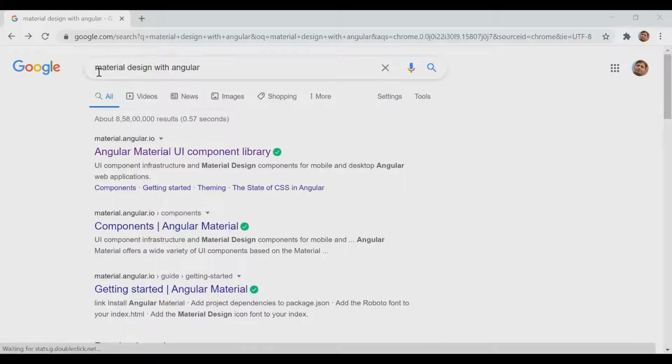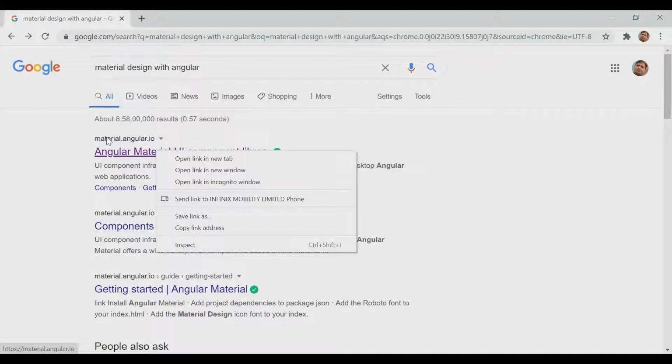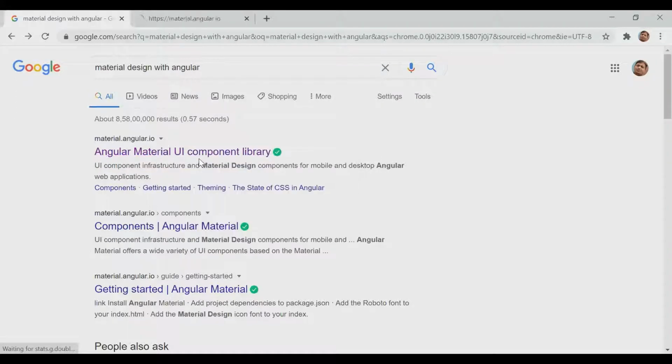So you need to just search in Google for material design with Angular. Then you will get a first link, material.angular UI, and you need to just open this.